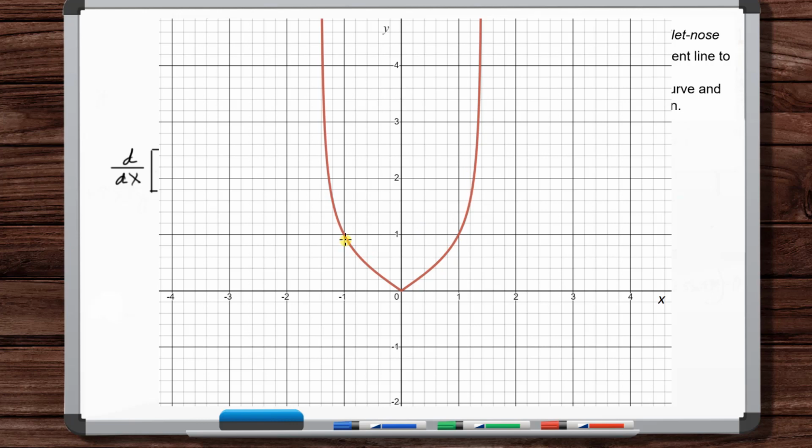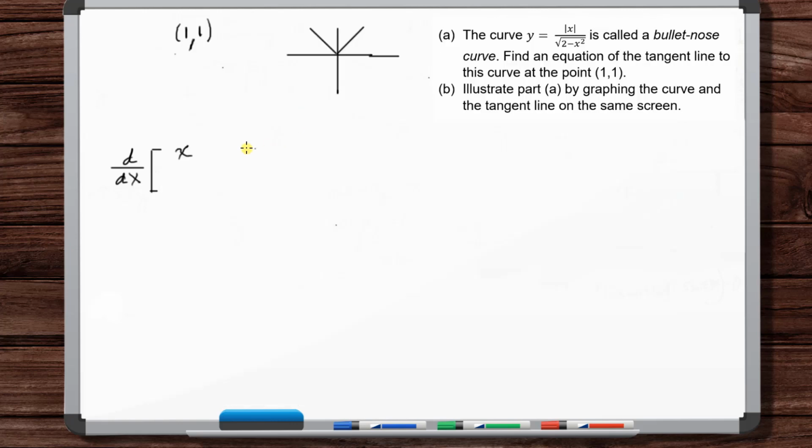If we were over here, we would remove the absolute value signs and then just put a minus sign out front, if we were trying to find the slope of the tangent line there. So x over